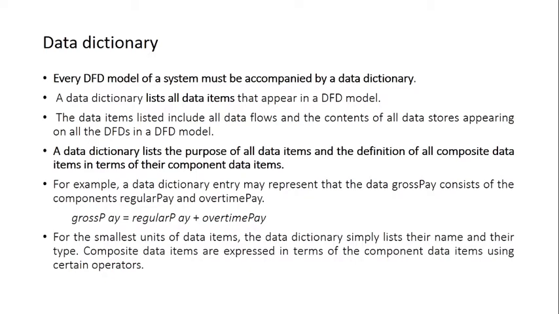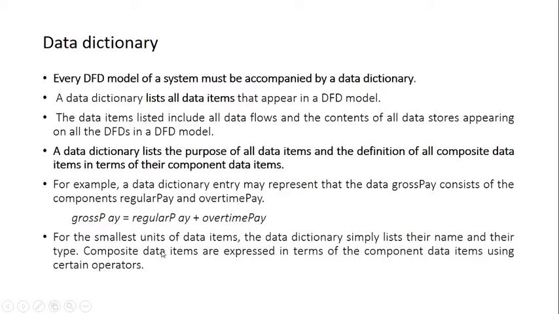So this is what is meant by a data dictionary. It tells us the definition of this composite data item in terms of its component data items, right? Understood this? So ultimately an expression is represented here, and in this expression we are going to calculate something and it constitutes a number of components. So it is going to elaborate what this gross pay actually means in the form of an expression, right? This is what is represented in the data dictionary.